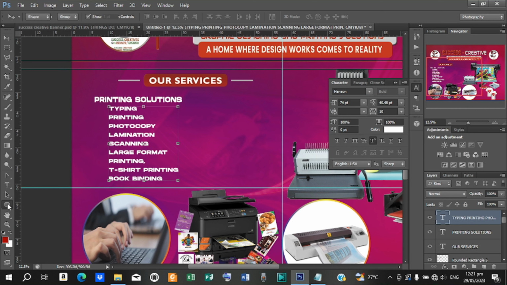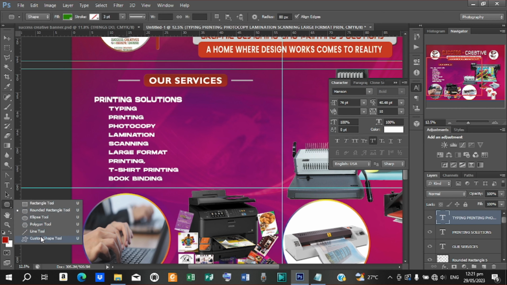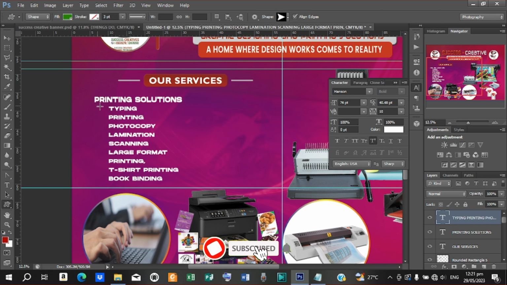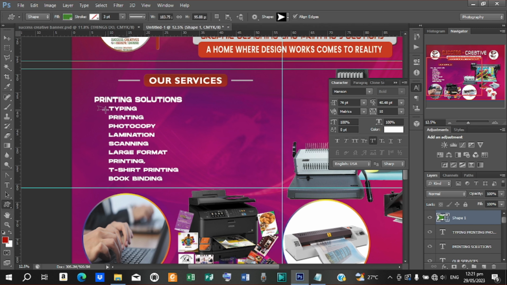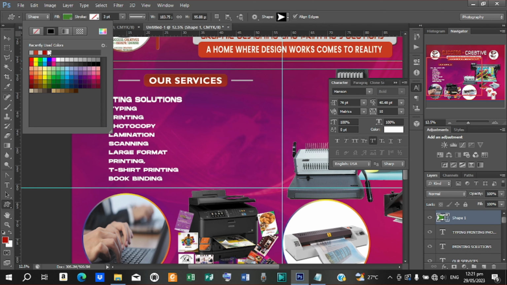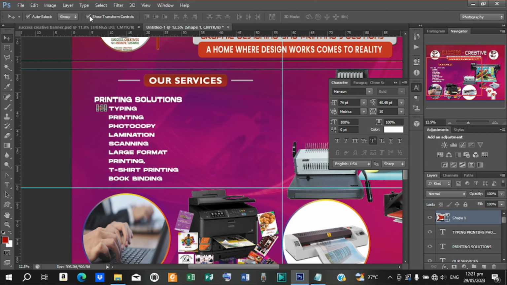Next, let's go to our shape and let's go to custom shape. Pick that arrow and then draw an arrow like that. Now change the color to red. Okay, now duplicate this, Ctrl J and duplicate that, position it there, Ctrl J and duplicate, position it there like